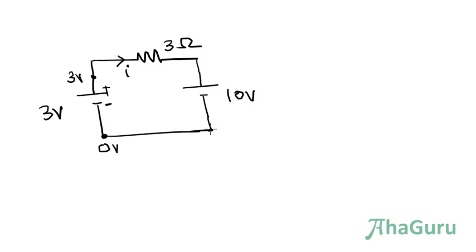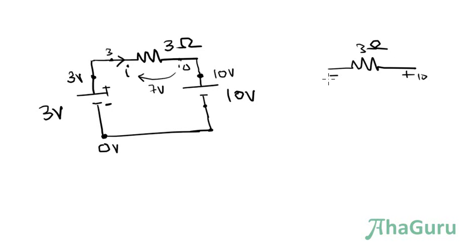If this is 0, this is 0, this is 0, and therefore this must be 10. Right? Which means this point must be 3, that point must be 10. And if I say this point is 10 and this point is 3, the drop this way is 7 volts, because it's 10 minus 3, this point is 10, that point is 3. Which means the current must be, suppose I say that I have a resistance 3 ohms and I have this point is 10 and this point is, let's say, 3, right?